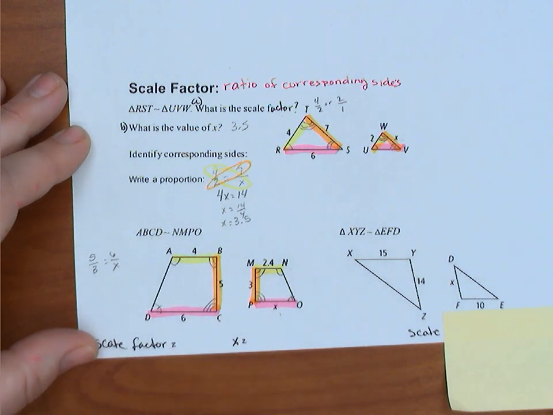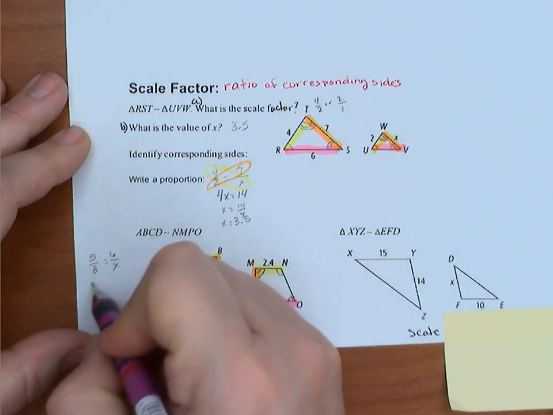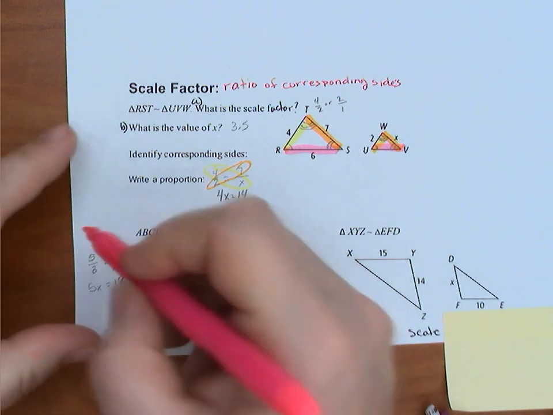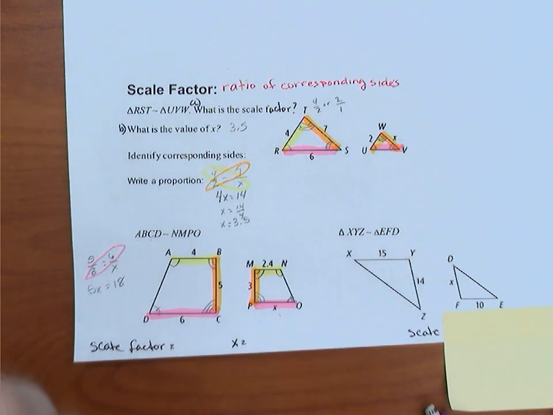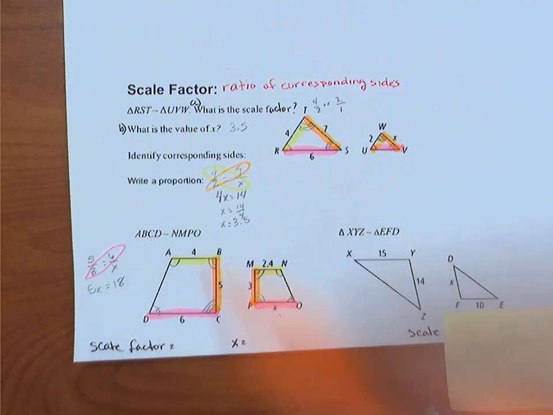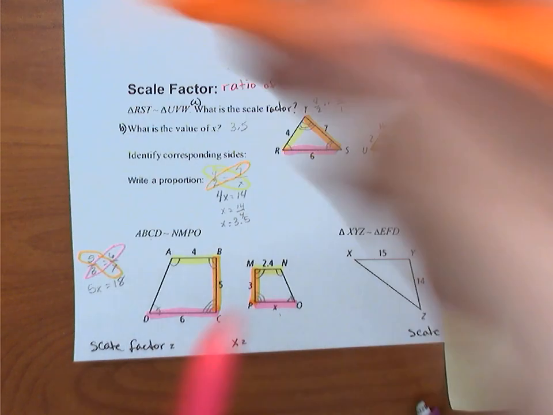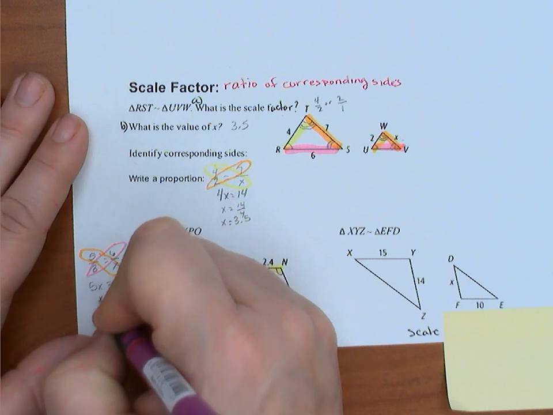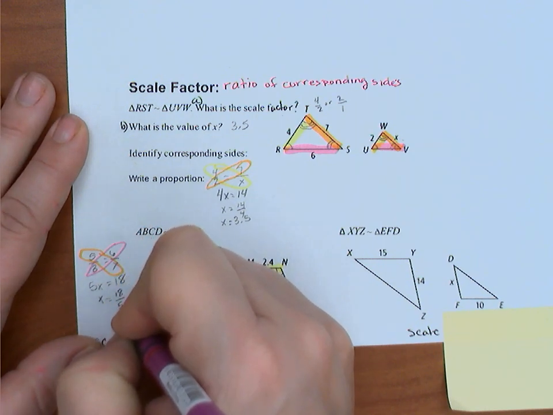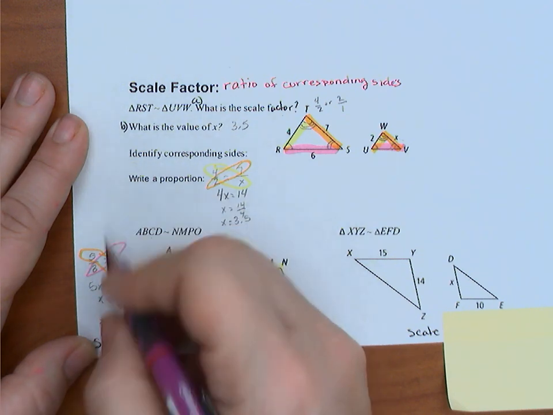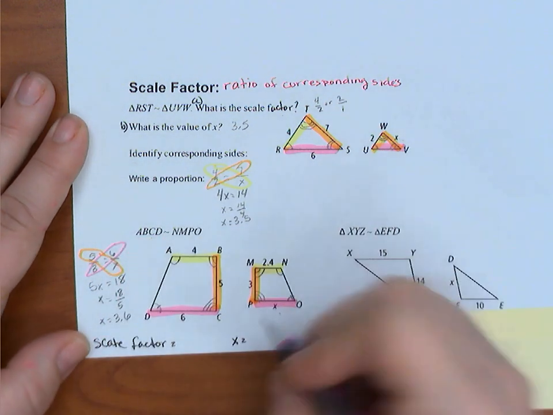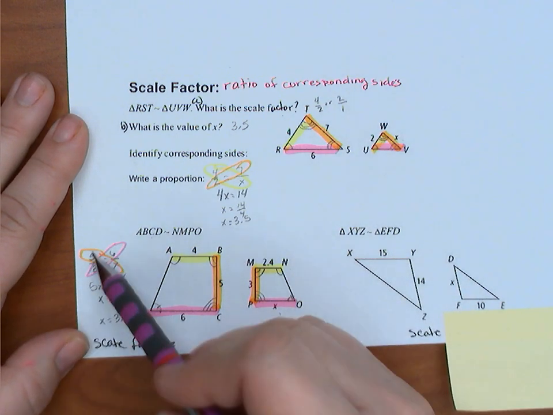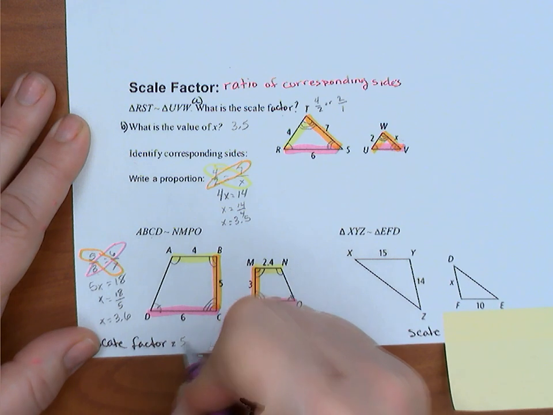And then I'm going to use my cross products, right? So 5x equals 18 because I multiplied across this way and this way. And then I'm going to divide by 5, so I'm going to get that x equals 18 over 5, which is 3.6. So my value for x is 3.6, and my scale factor is this ratio right here, 5 to 3,